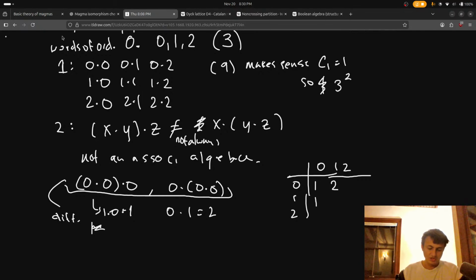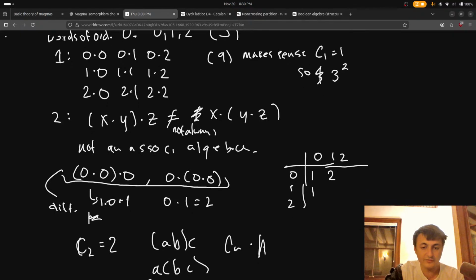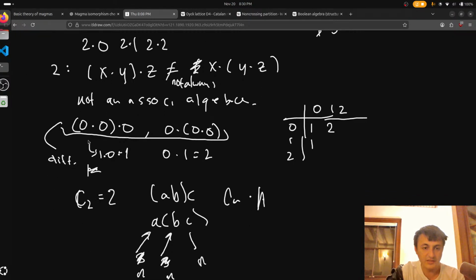So let's say C of 2 equals 2 because we have either A, B, C or A, B, C. And now we have N, N, N, so we have Cn times N. Well, hold on, there's two different things. There's the size of the alphabet, and then there's the order. And N is kind of the order.